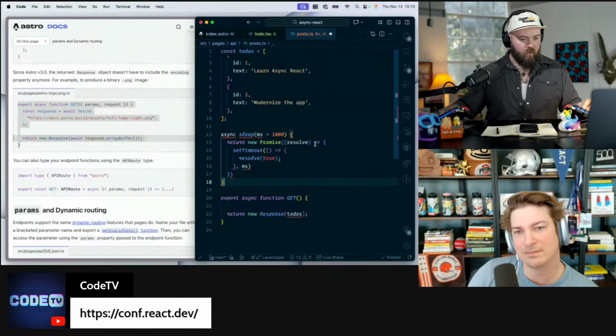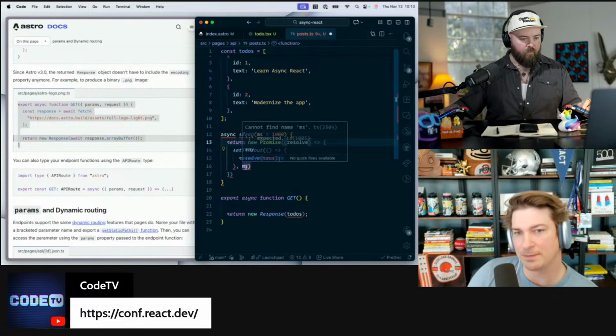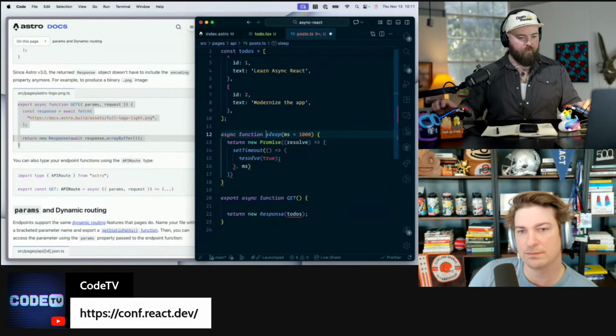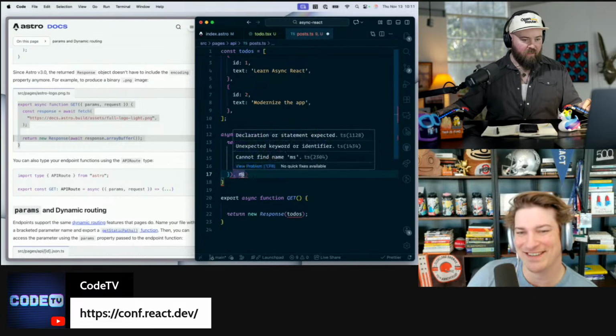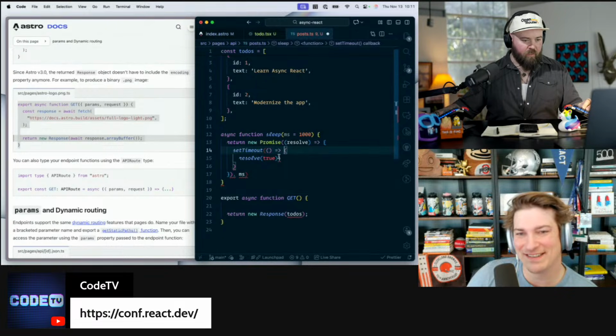And I've gotten this wrong somehow. Async function. Right. It's missing something. Here's my setTimeout, and that's going to resolve.